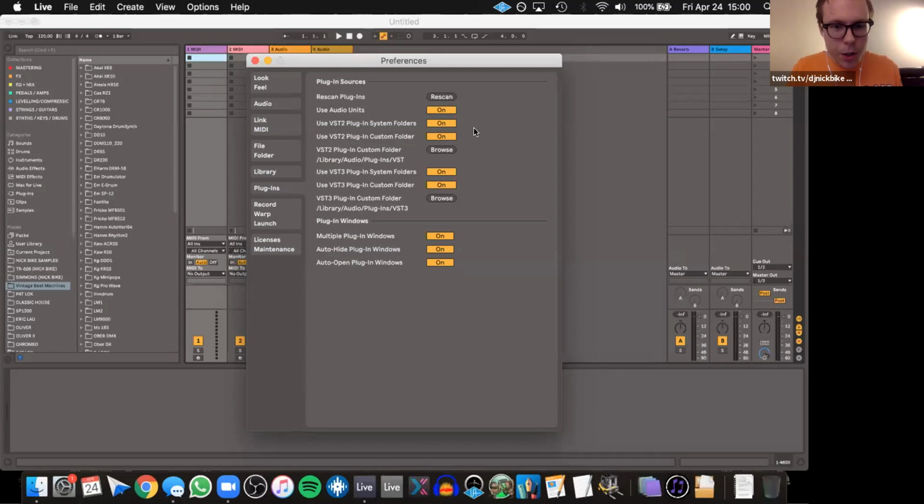To refresh, you install it and then hit Rescan Plugins, and that will refresh the folders that you have selected, and then it will pop up in your plugins folder. Very easy fix.